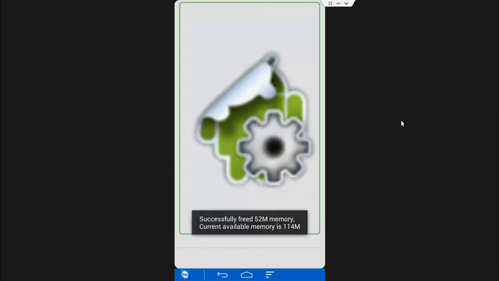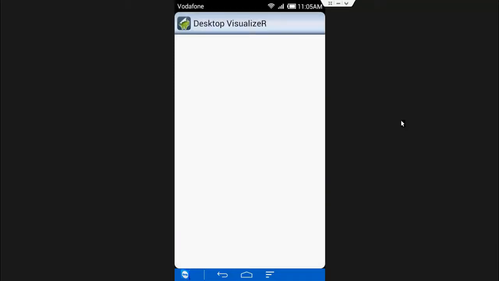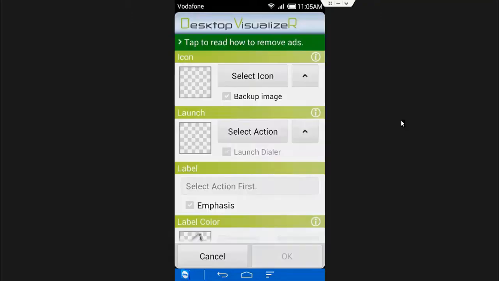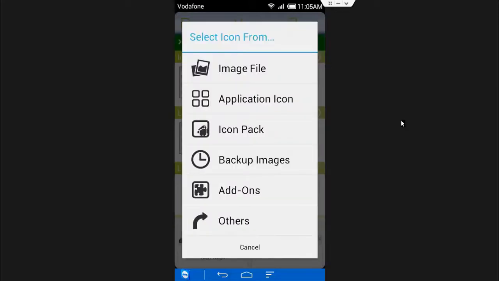We'll move on. Now we'll make sure that you are on the leftmost part of your home screen. That means I am on my first home screen, page 1, on the left hand side. Don't be on the right, be on the left hand side. That will make it easier for you to set this up because the images are in order from left to right. So what we'll do now, just tap on that widget that we have just set up, and once the desktop visualizer app pops up just like that, we'll go to select icon, then image file,